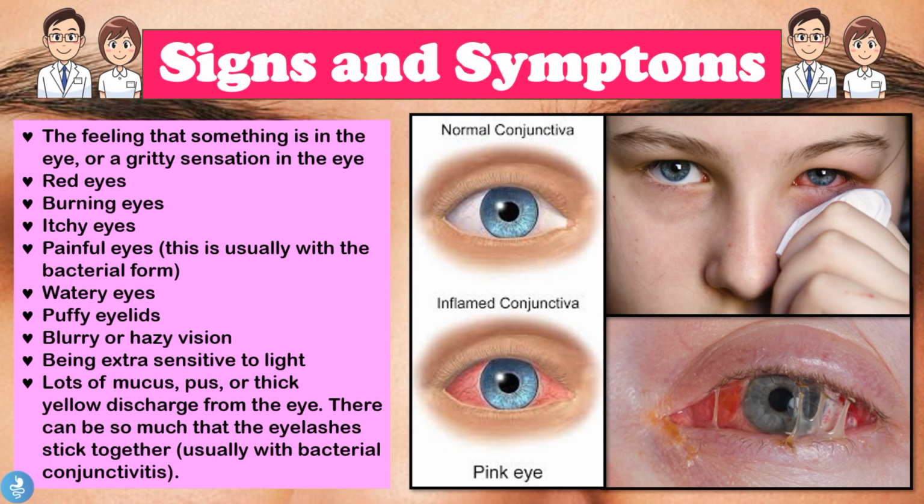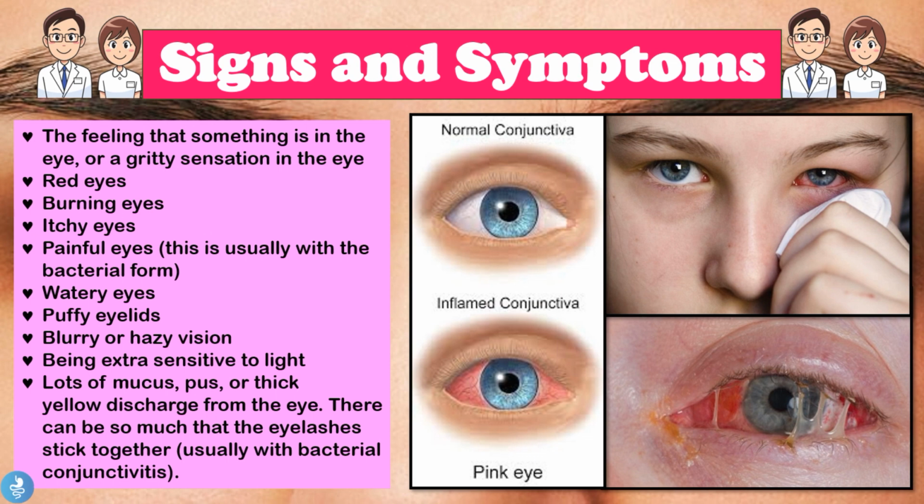Now let's talk about some general signs and symptoms in conjunctivitis. The first thing is the feeling that something is in the eye or a gritty sensation in the eye, red eyes, burning eyes, itchy eyes, painful eyes, and this is usually with the bacterial form, watery eyes, puffy eyelids, blurry or hazy vision, being extra sensitive to light, and lots of mucus, pus, or a thick yellow discharge from the eye, and there can be so much that the eyelashes actually stick together, and this is usually seen with